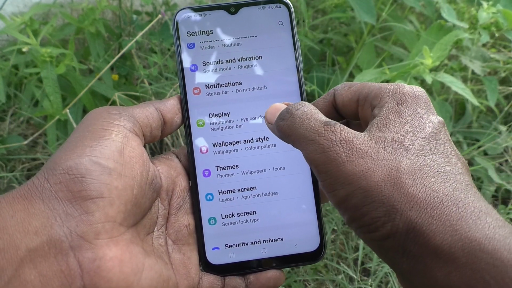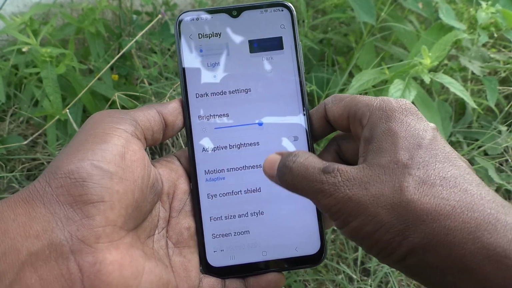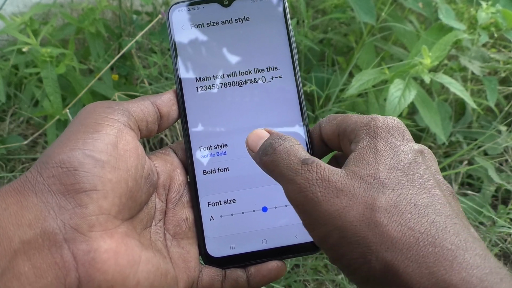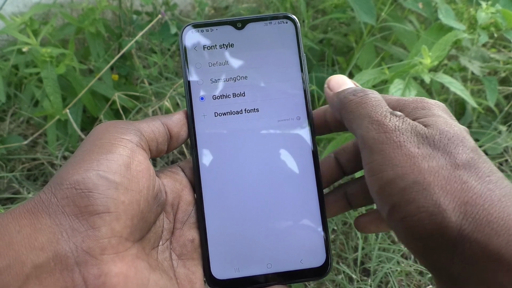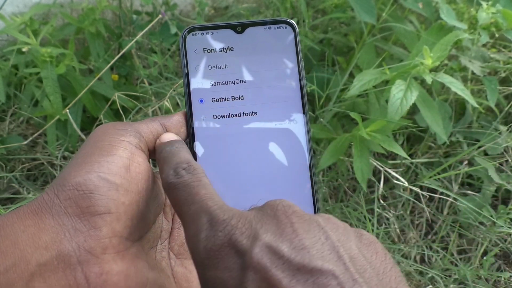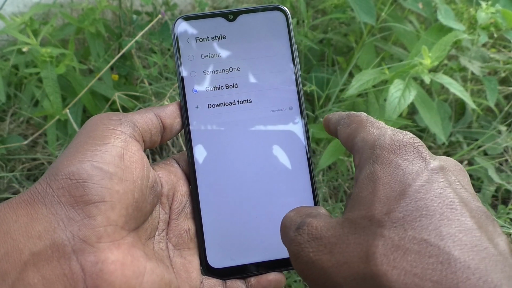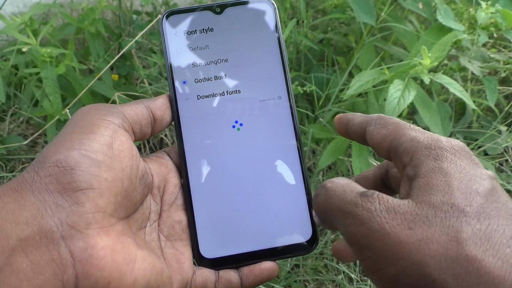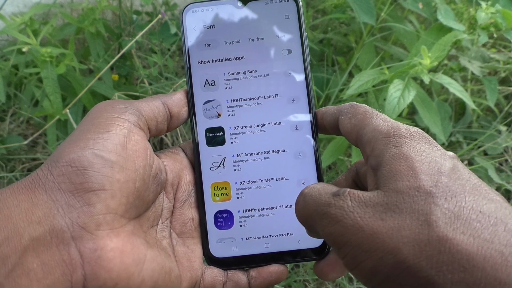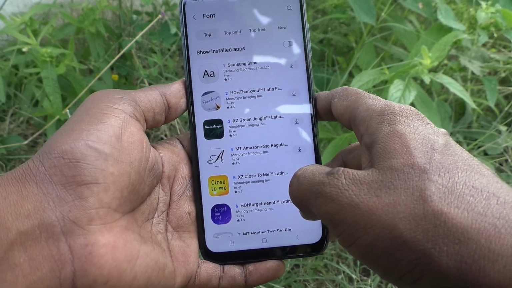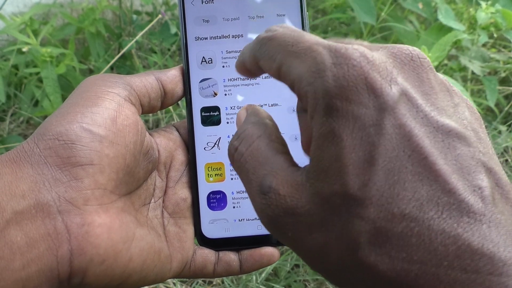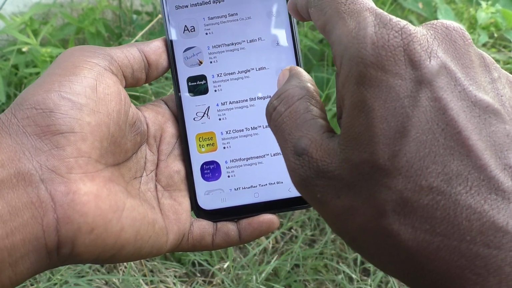Again I go to the settings, display, font size and style. So if you want to download fonts from the internet, you can do it. Click on download fonts here and it will redirect to Samsung apps, and here you can select a font style. Okay,